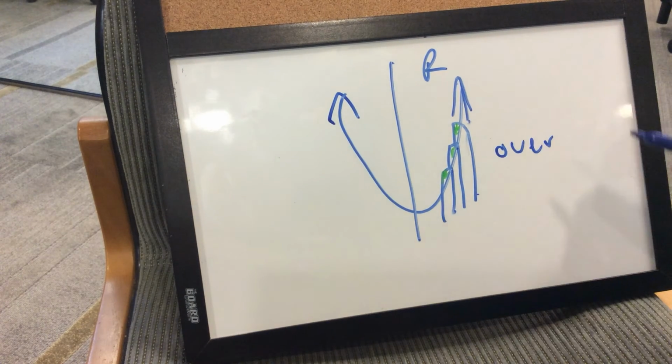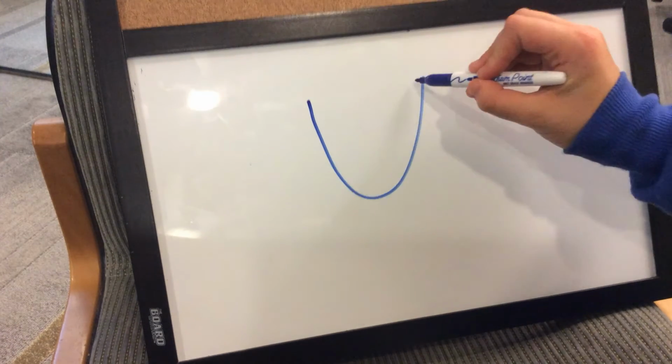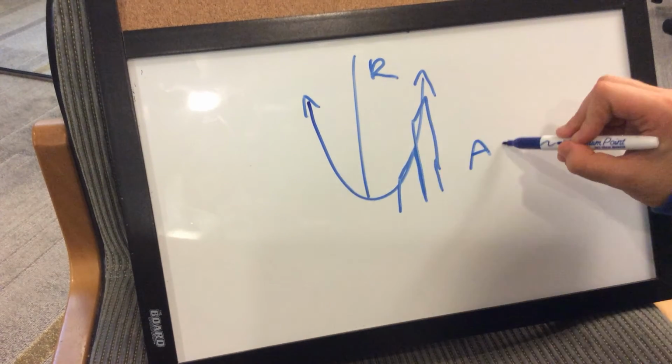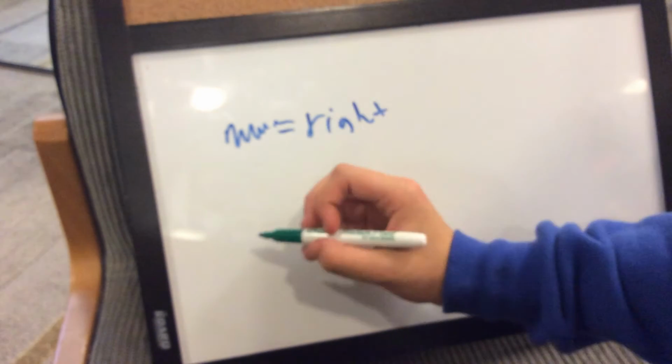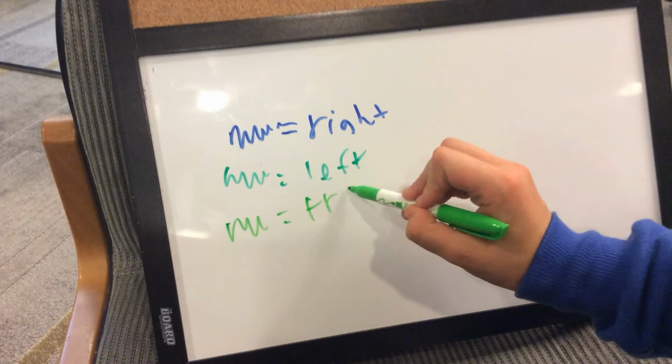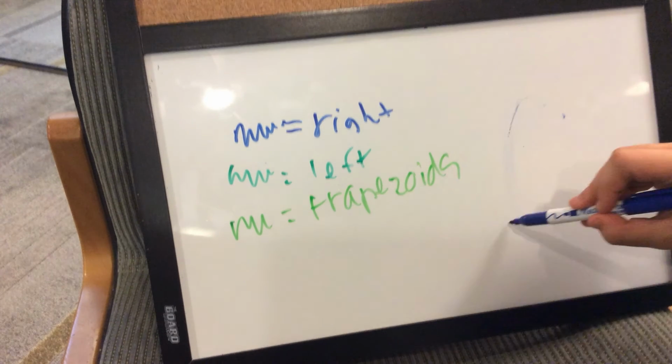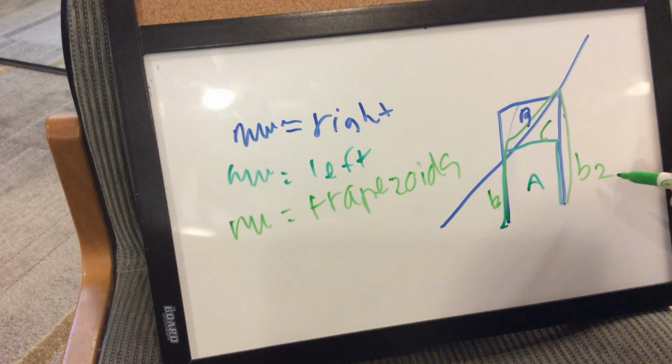For example, let A equal the sum of the areas of the left endpoint rectangles, let B equal the sum of the areas of the right endpoint rectangles, and let C equal the sum of the areas of the trapezoids. With this, (A plus B) divided by 2 is equal to C. Another way of looking